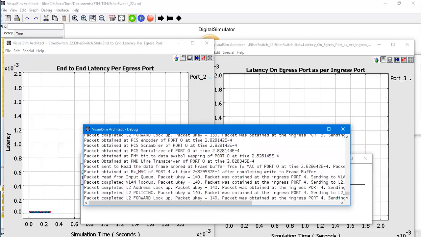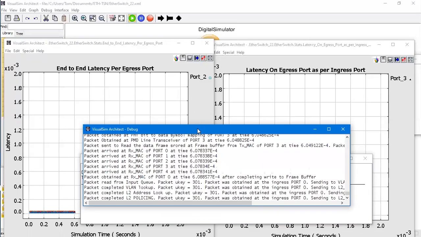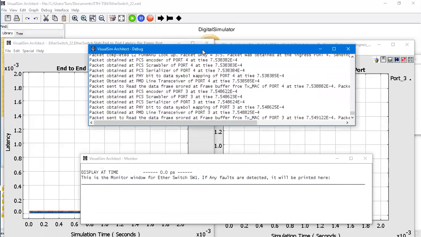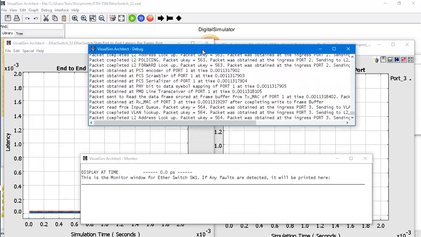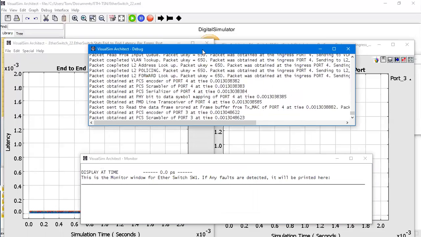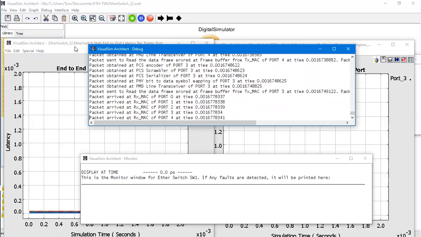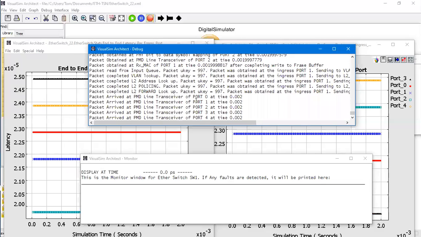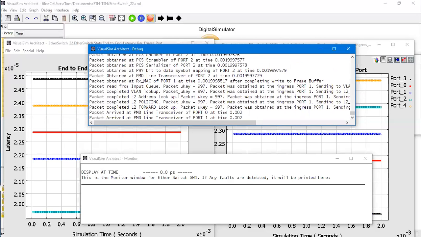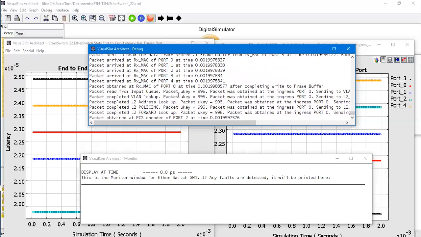When the packets are arriving, all those different stages are printed so that the user can know what exactly is happening in the model. We get information on where the packet is: the PCS scrambler, serializer, VLAN lookup, everything is obtained over here.